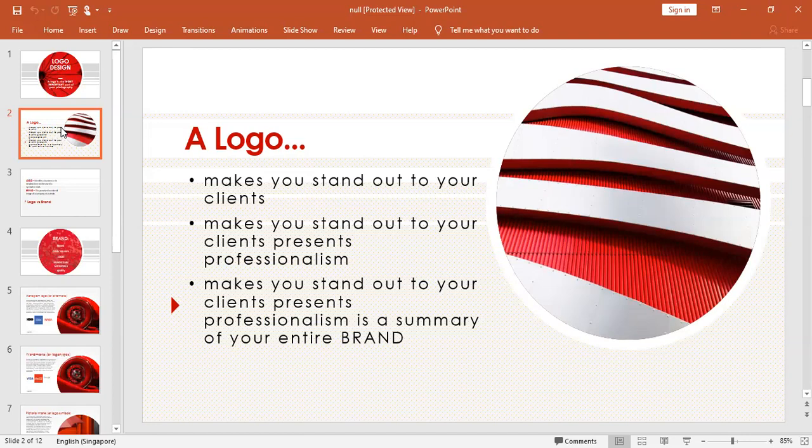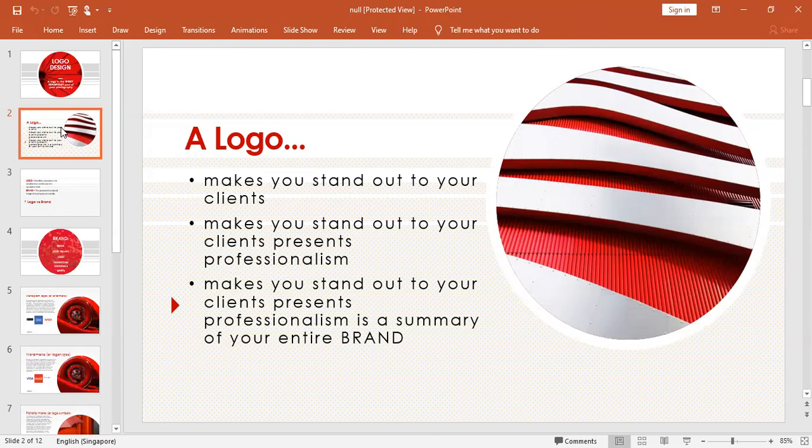So to create professionalism, rather than always telling people I'm the photographer who took this picture, and rather than typing paragraphs and giving a brief introduction, when you are branding and creating your brand name with a logo, just with your logo you can show and tell the client everything you want. So that is what makes you stand out to your clients.